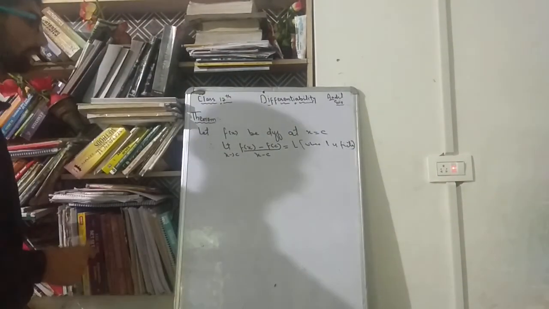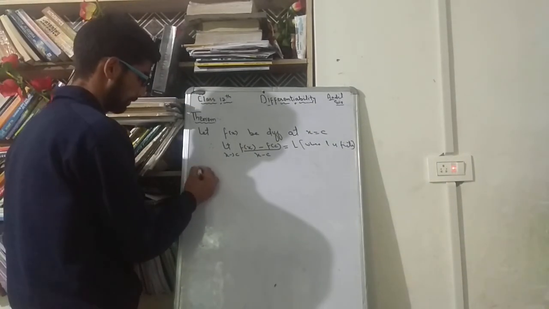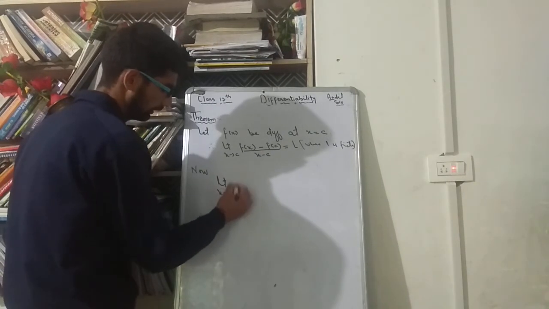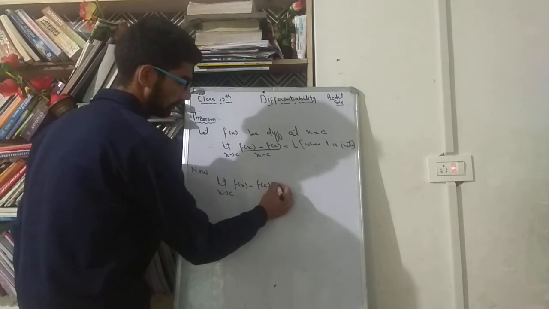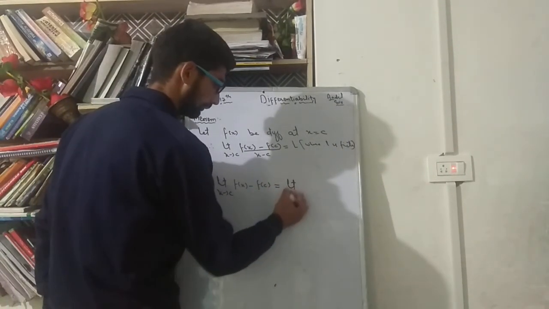So if this happens, now the limit as x tends to c of f(x) minus f(c) equals, can I write this as the limit as x